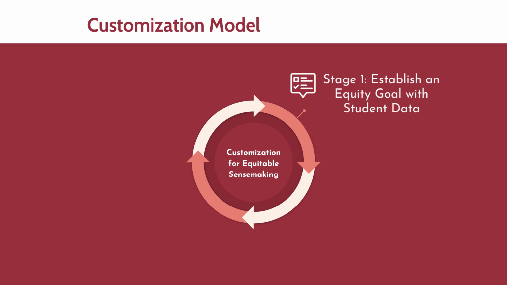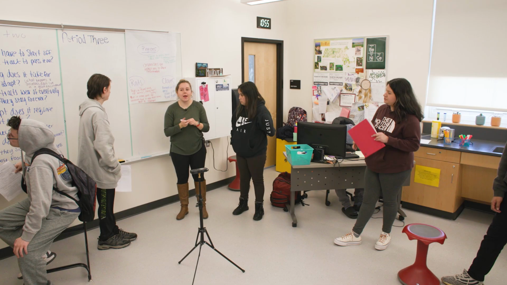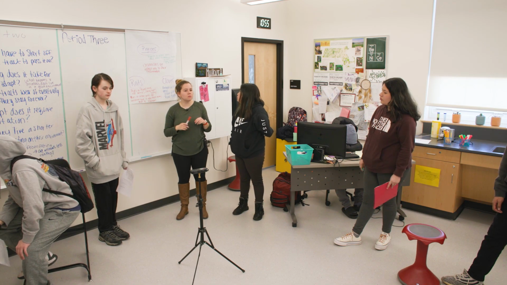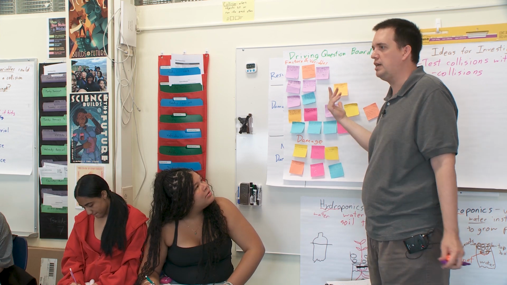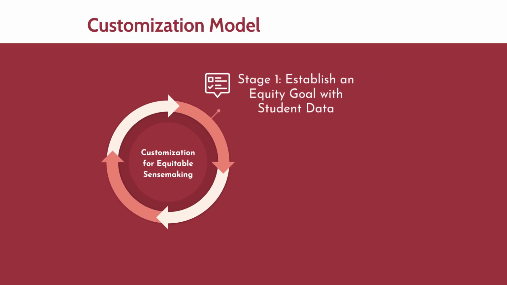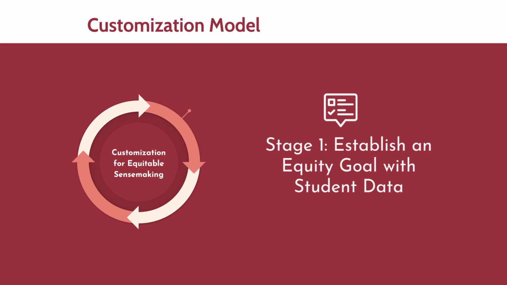First, we want to think about what our goal is with customizing and how we know that the goal is a need for our students. As teachers, we can think we know where our students need more support, or we can think we know what they are really curious about, but we're not always right. That's why the first stage of the model focuses on collecting student data